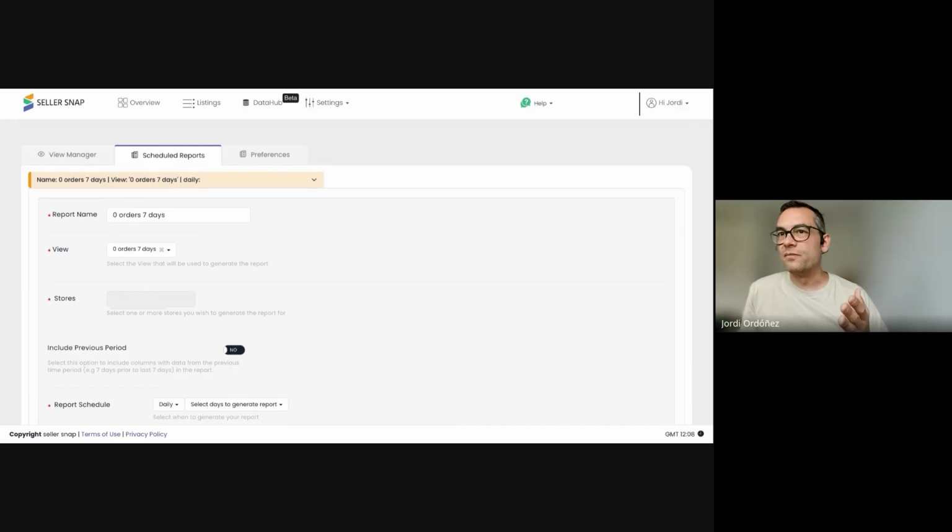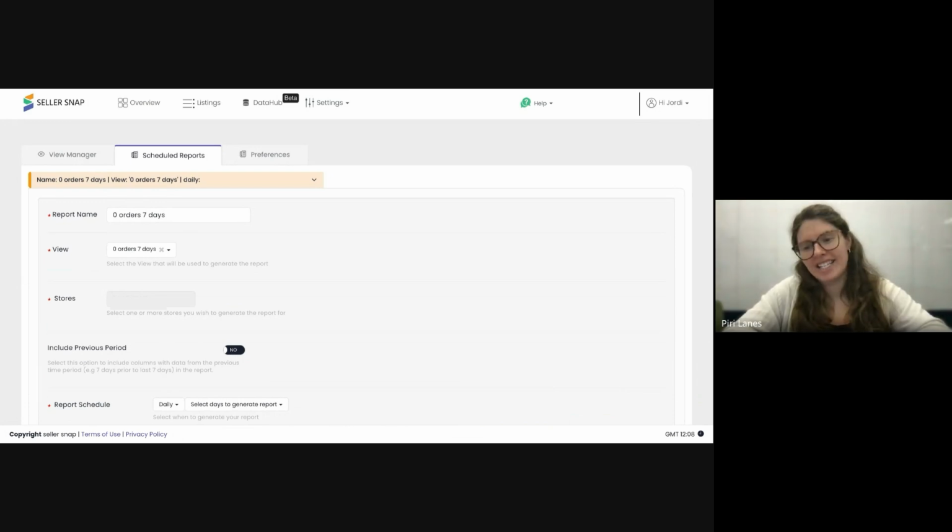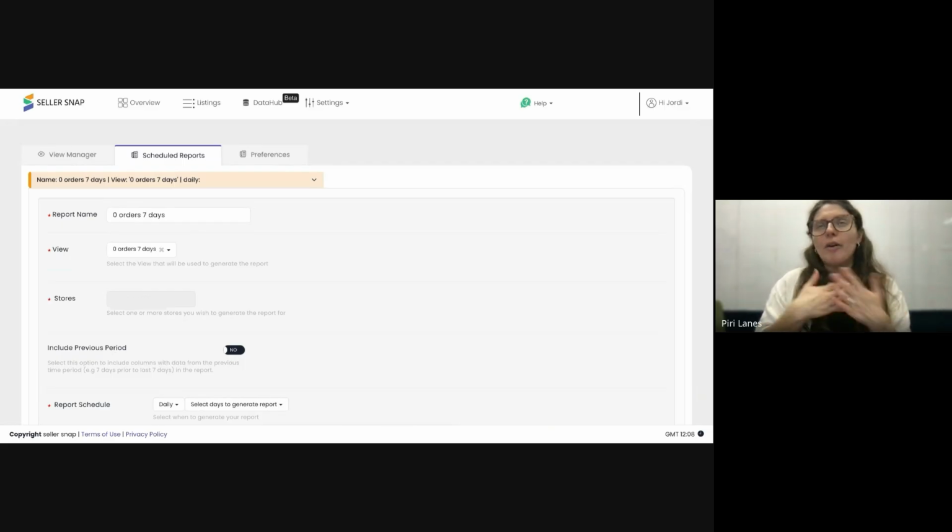So that's the scheduled report. Awesome. This is not just repricing anymore. You're getting into the data and analytics side, and you're able to get a little bit further in. The really helpful part of the data and analytics is that it allows you to get a little bit more information about your store. The part that I like about scheduled reports is that they're associated to any of the views. So any of those views that you save, you can make a report. So if sellers